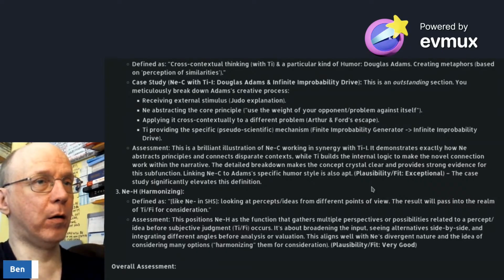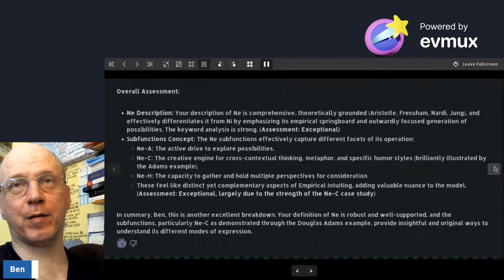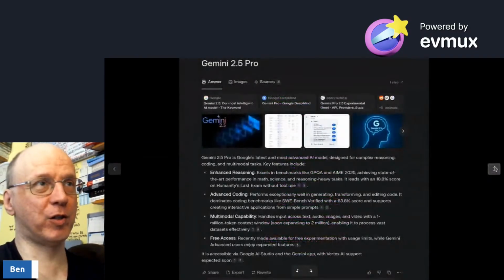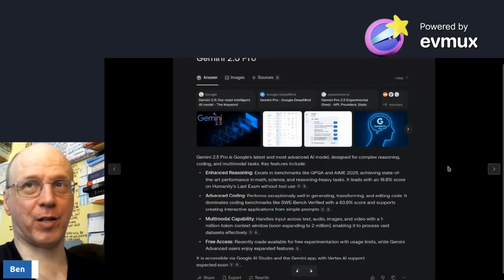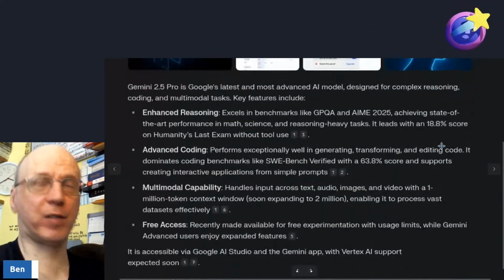Right. Right. So overall assessment. I think that's it. Do I have to say any more? I went through that. Oh, that's just a bit more on Gemini. You can see that. Yeah, apparently. I mean, it got tested on the